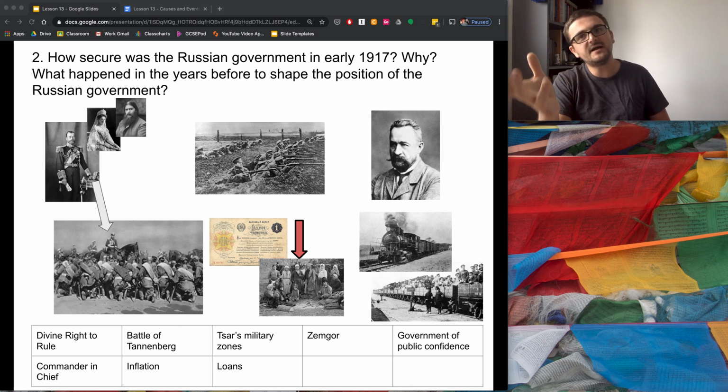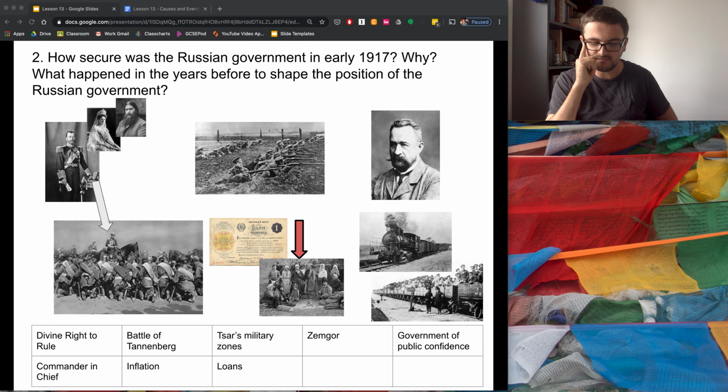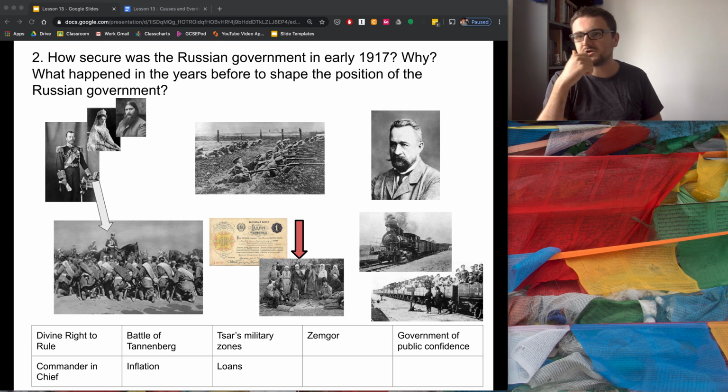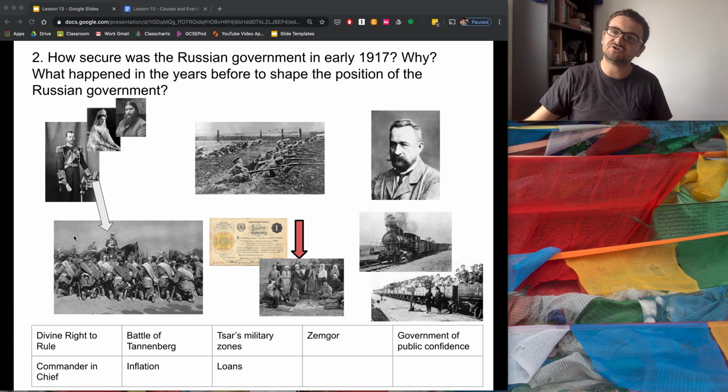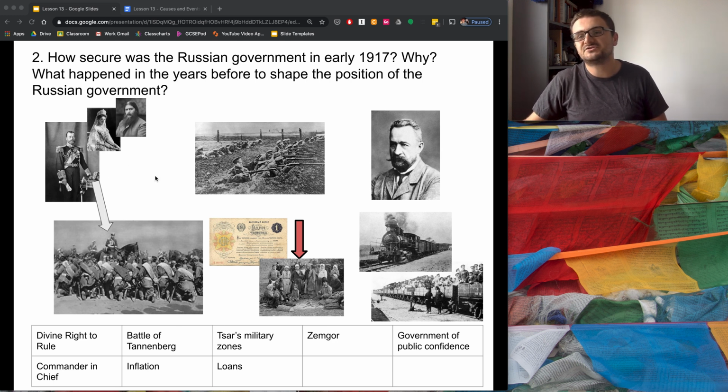His personal life also damaged his authority. For example, the controversy surrounding his wife, Tsarina Alexandra. She was a woman of German heritage, which especially during the First World War delegitimized him and his wife. Also, there was a controversy surrounding her relationship with the spiritual advisor Rasputin. All of this very much damaged the Tsar's position.